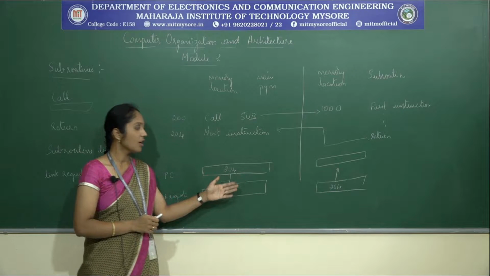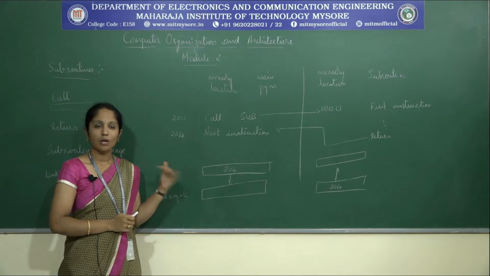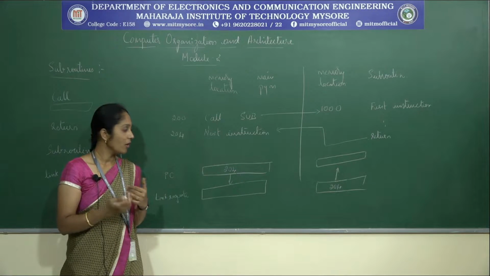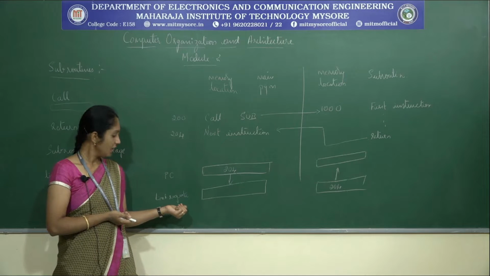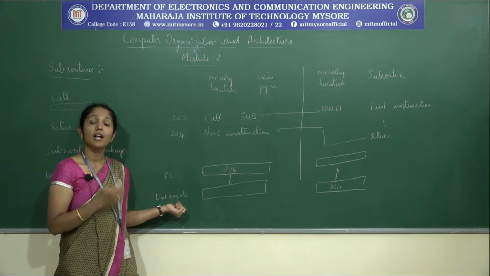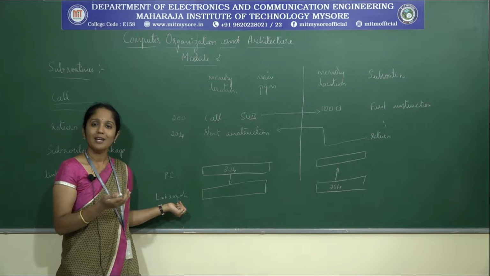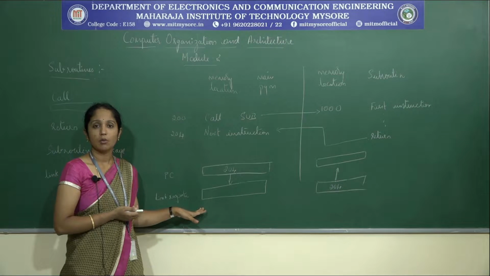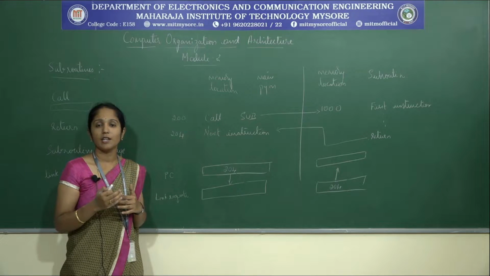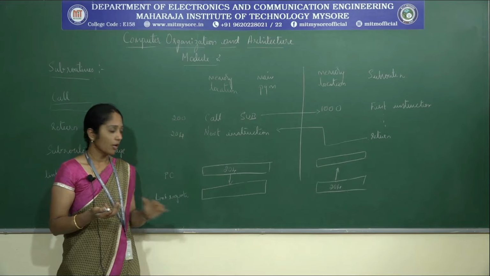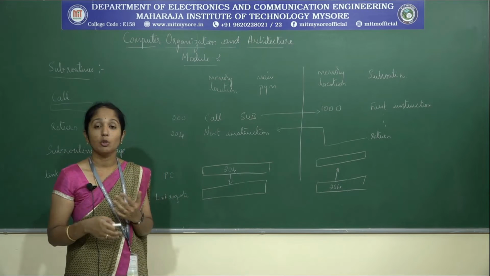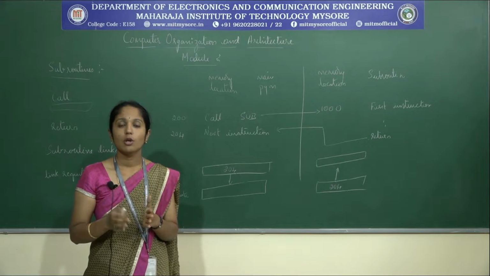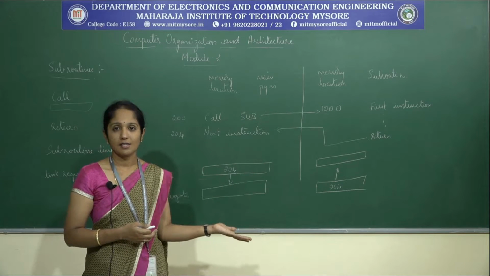Next, if you consider a program wherein you are going to call the subroutines more than one time, then what happens to the contents of the link register? If you call more than one time, it will keep on updating, and the return will happen as soon as the subroutine is executed. But if you have a nested subroutine, what has to be done? In that case you may have to store more than one address location. That we will discuss as the next topic.